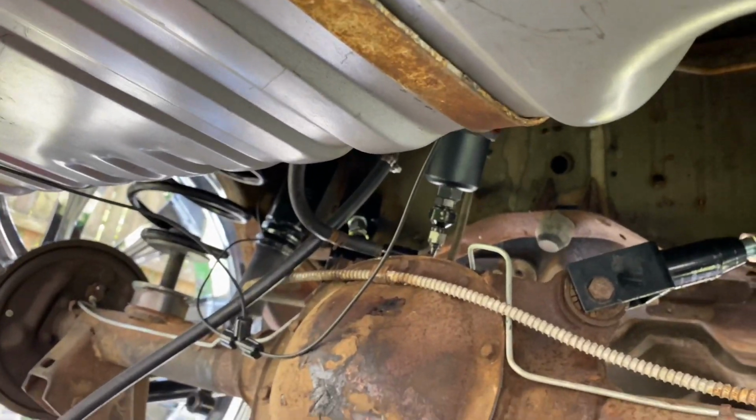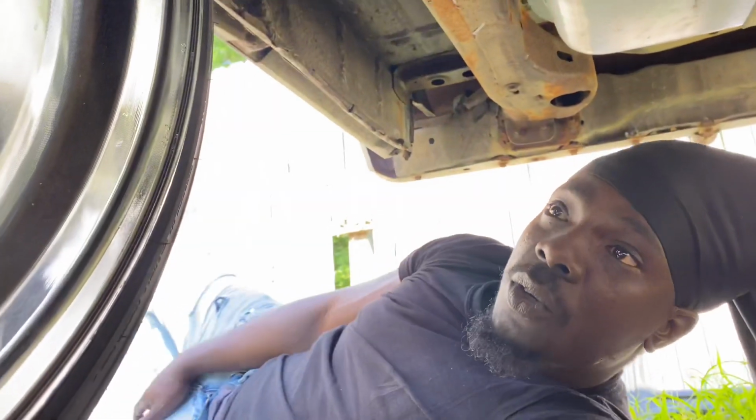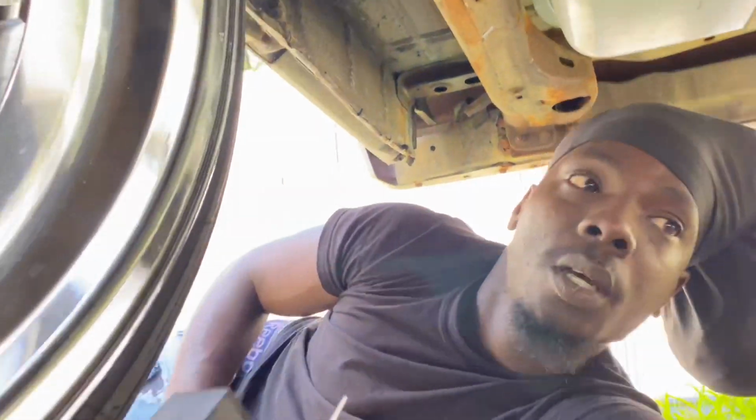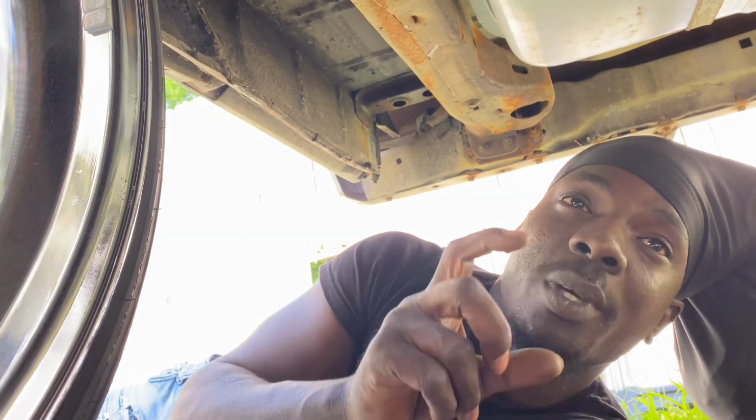It is a new tank. I did not buy the tank. The tank came on the car already, so somebody previously had the tank down. But like I said, it does not have a return style opening for this tank, so I bought this little piece off of eBay, and